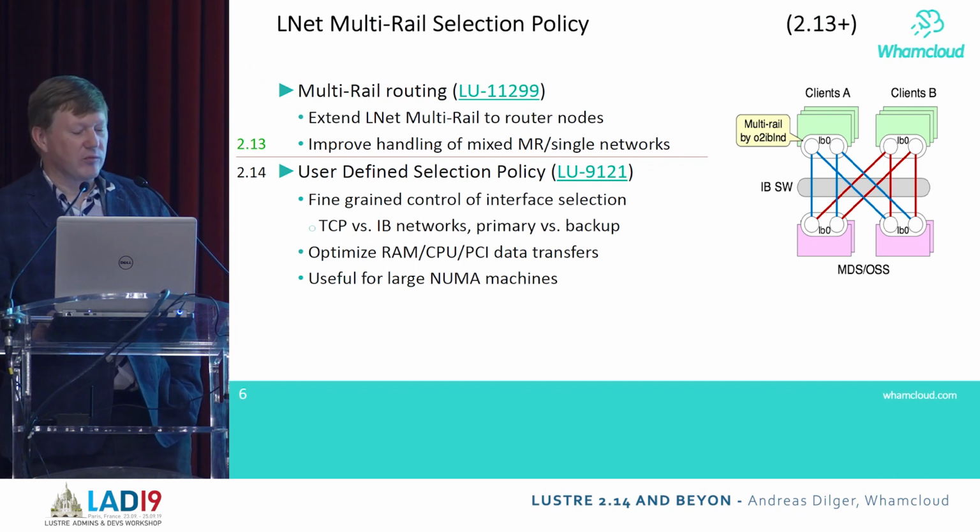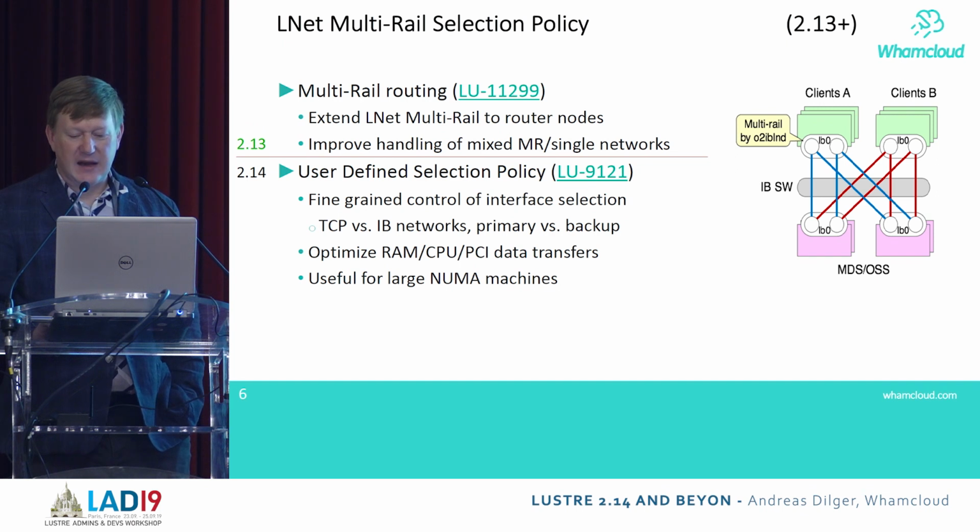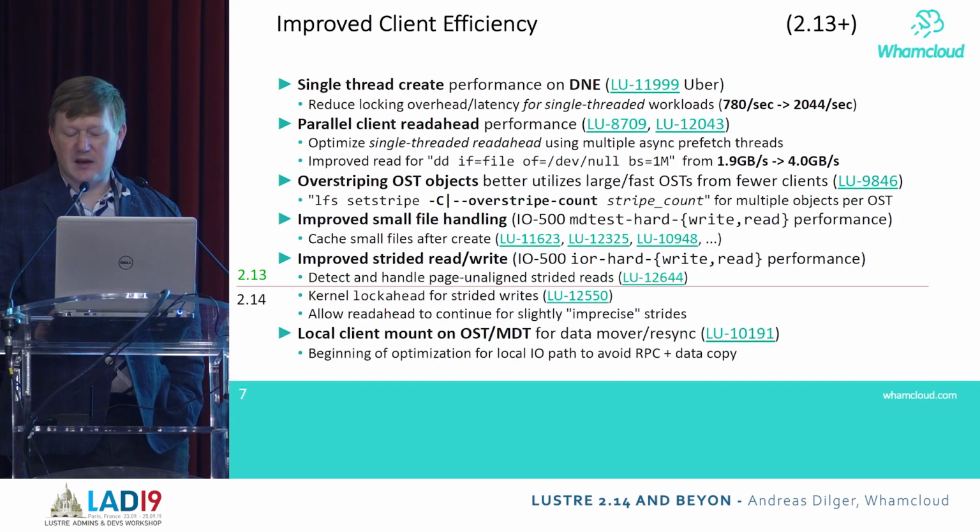LNet has had some improvements. Multi-rail routing was the main feature that was added in 2.13. And we've had multi-rail improvements over the last few releases. And so 2.14 will continue as well. The user-defined selection policy is something that's important for,